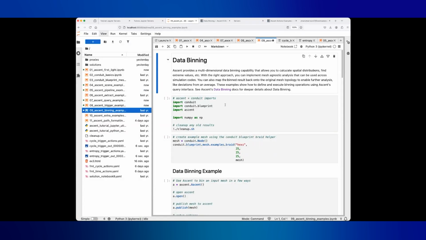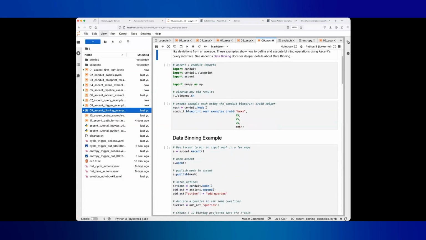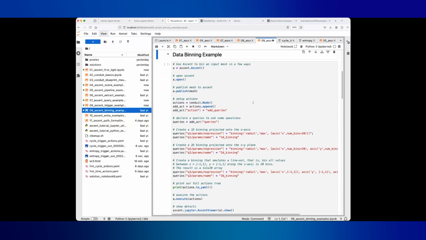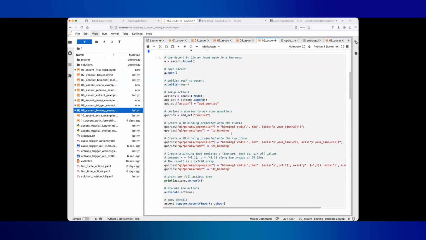So you can do things like mass distributions. You can do things like spatial distributions if you get creative. So these examples show you spatial distributions using binning. So I'll show you a couple of those. These are actually done through the query interface. You can do these as a filter as well, although we don't show that. But this shows you through the query interface. You can basically bin based on different spatial axes. And in this case,